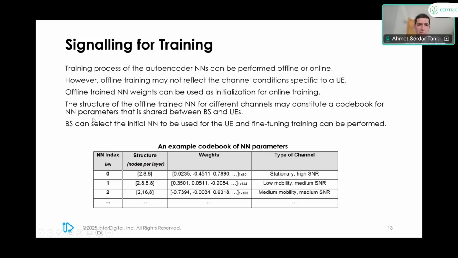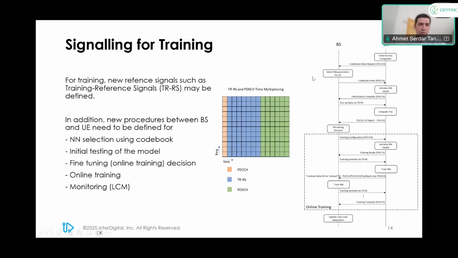In this case, some codebooks of neural networks could be defined, and the structure of the offline trained models can exist on both sides, both the network and the UE. Then, prior to initializing this autoencoder based symbol modulation and demodulation, the network can send an initial neural network configuration to the UE, and then the UE and network may start fine-tuning if required. To do that, there also need to be some procedures, and new procedures have to be defined, such as